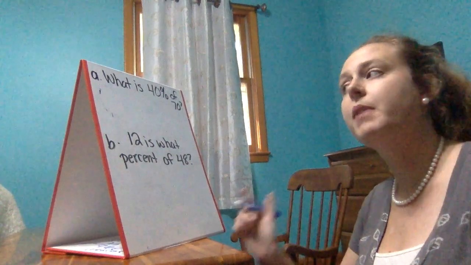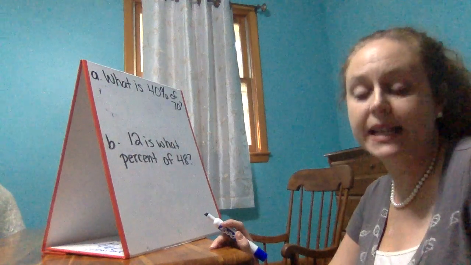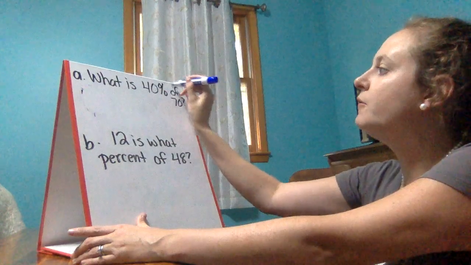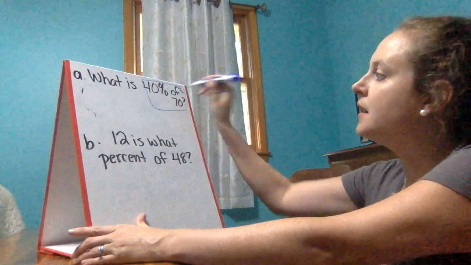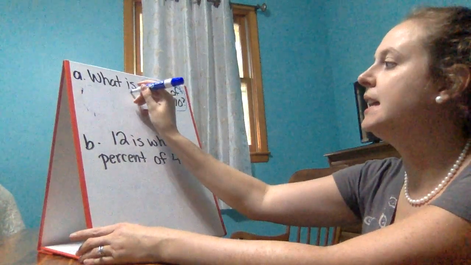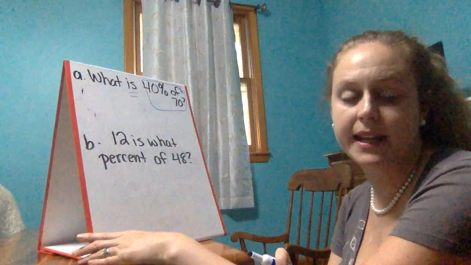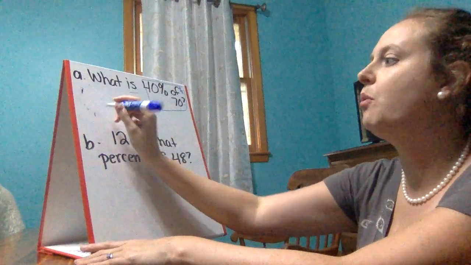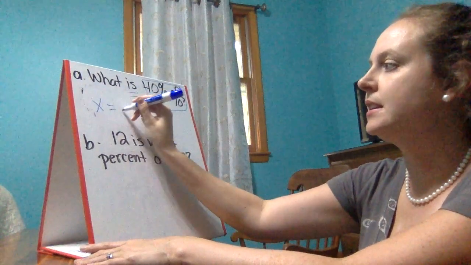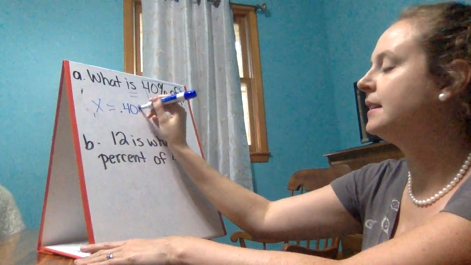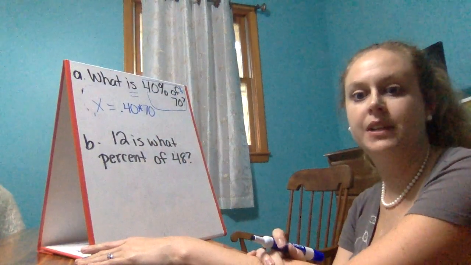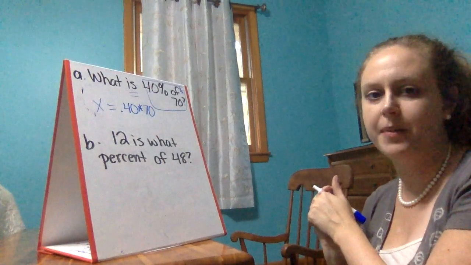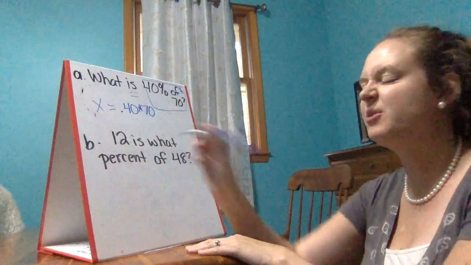Then this time, instead of making a ratio, I'm going to write like an algebra sentence that we would have to solve. So 40% of 70. Of means to multiply, and is means the equal sign in my number sentence. So still having to do with those key words of is and of. So what is x is 40% of 70. So in this one, I don't honestly have as much work to do, but it was a little bit harder maybe to think about where to put the number sentence because you have to worry about that equal sign.